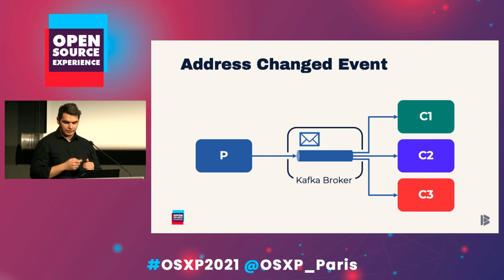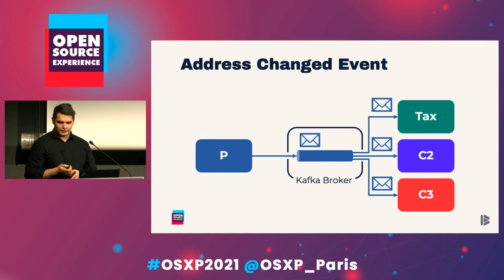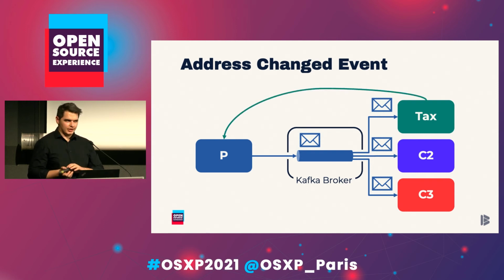Topics are persisted, so it persists the event, and then they are forwarded to the consumers, which are actually 3 of them. However, we find out that one of the consumers is actually a tax service, and tax services usually need the old addresses as well. So what's happening? The tax service will try to query back the producer, and this is actually an anti-pattern. So you shouldn't do this because